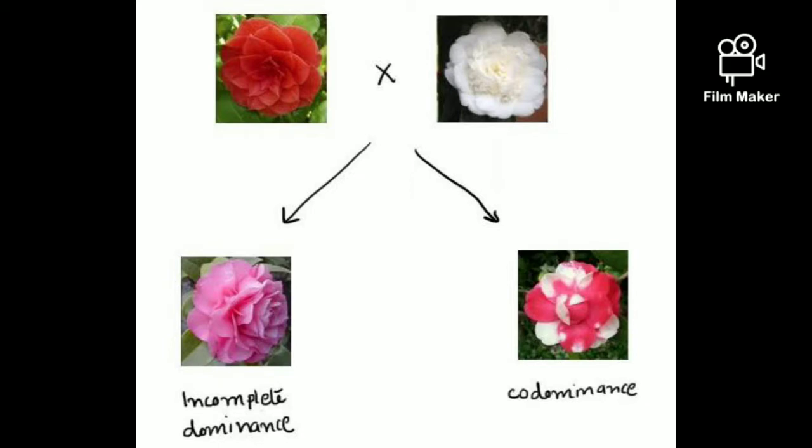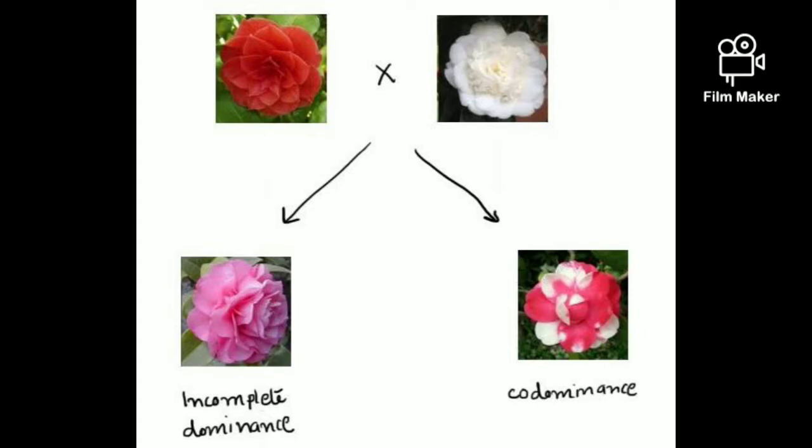And here in this illustration, we can see two methods of non-Mendelian patterns of heredity. First is incomplete dominance, which produces pink from red and white flowers on the left side of the illustration. So the result is pink, and that is incomplete dominance. On the right side of the illustration, the red and white are crisscrossed,